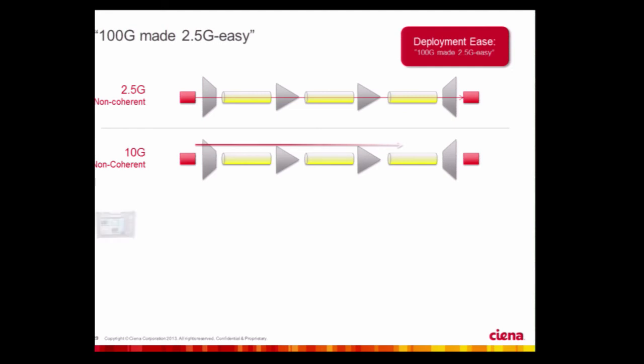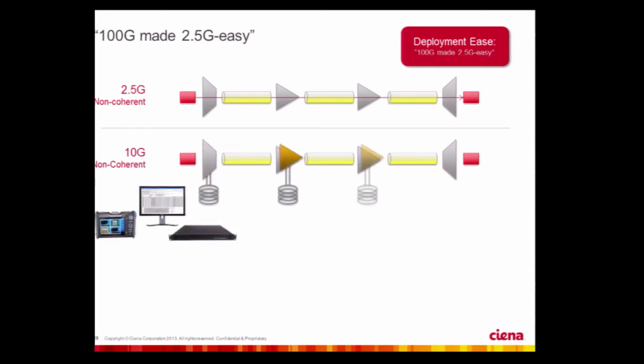So if you wanted to go further than 50 kilometers at 10 gigabit per second, you had to add all these dispersion compensators to compensate for the dispersion in the link. And you had to add additional amplifiers to compensate for the loss in the dispersion compensating fibers. And for every system, you had to do quite extensive simulations to determine what's the optimum dispersion compensation. Also, this path goes from A to B, let's say. There may be another signal that is added at an amplifier and goes another path, and that path also has to be optimum in terms of dispersion compensation.